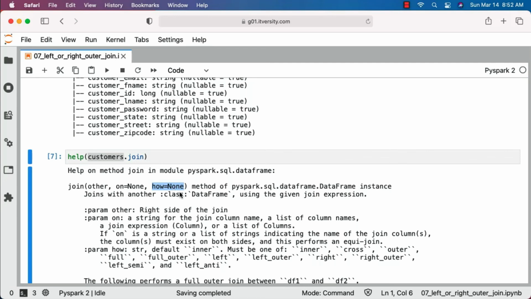Default is inner. In our case, depending upon the position of the driving table, we have to specify left or left outer or right outer to take care of left outer join or right outer join. As customers is the driving table, because we have a one-to-many relationship between customers and orders, we have to specify left in this case. If you are using join on top of orders, which is the child table to customers, as customers is the driving table, and as we are passing customers as argument in that scenario, as part of how, we have to pass either right or right outer to take care of the appropriate outer join between orders and customers. Depending upon the driving table and its position,